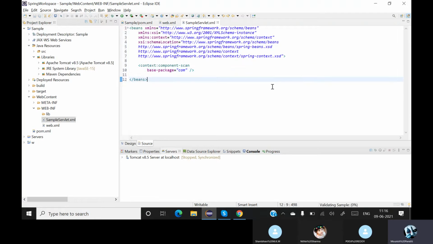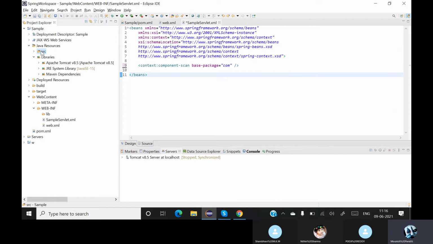If you have seen this already, we used to give this with the help of annotations before. Okay, in case you are not using a web.xml configuration, then you can basically use annotations, or else if you are using web.xml, so this is how you create your basic base package. Okay, I'm telling the base package is com.